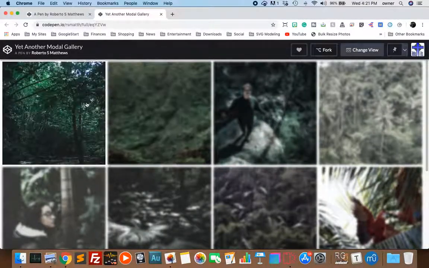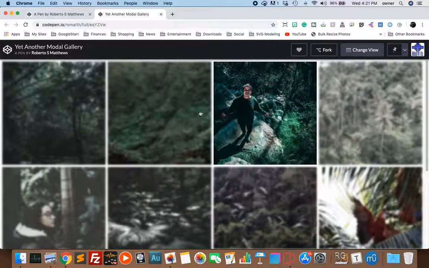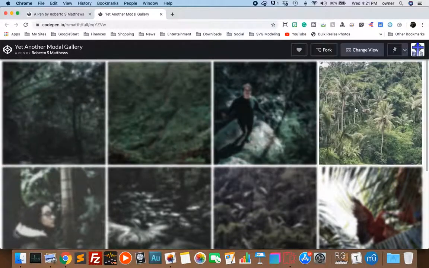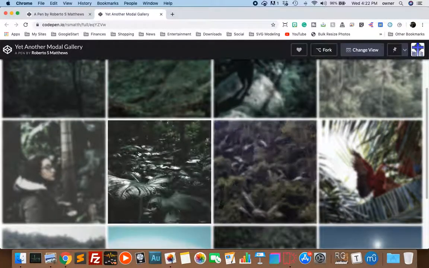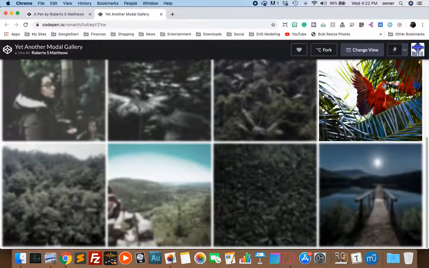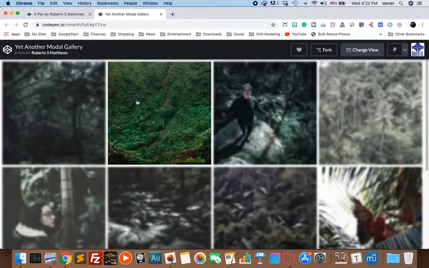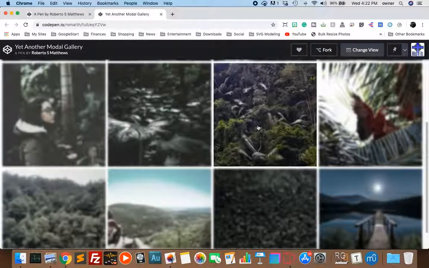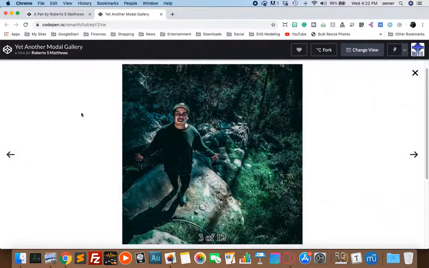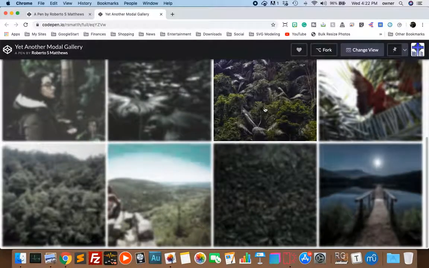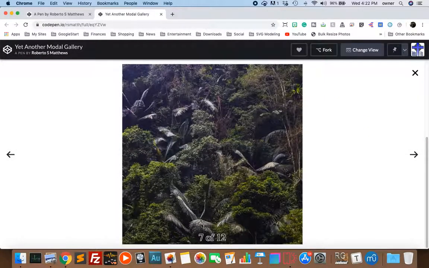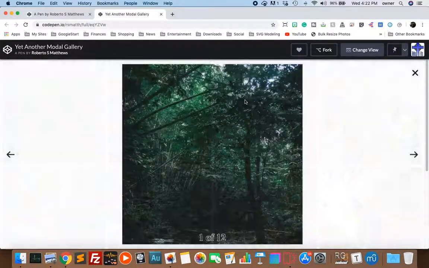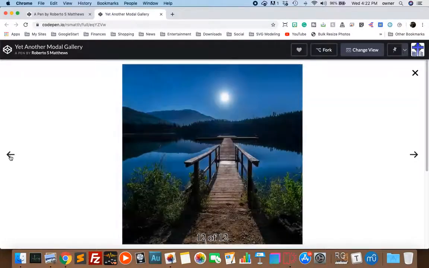that I have here. And the gallery, as you can see, goes from being out of focus to focus. It's a pretty cool little idea. And then when you click on it, this is the main reason I wanted to do the tutorial. When you click on it, as you can see, it says 3 of 12. If I go to the 7th one, it says 7 of 12. And of course, if I go to the first one and go back, it goes straight to the 12th